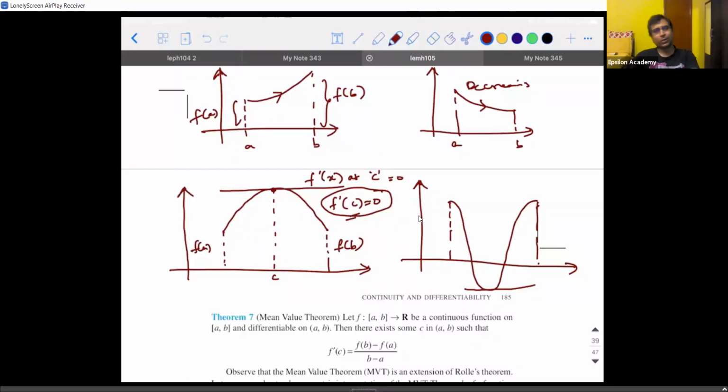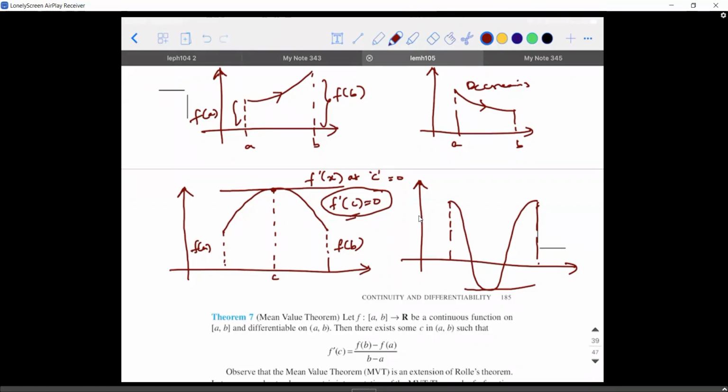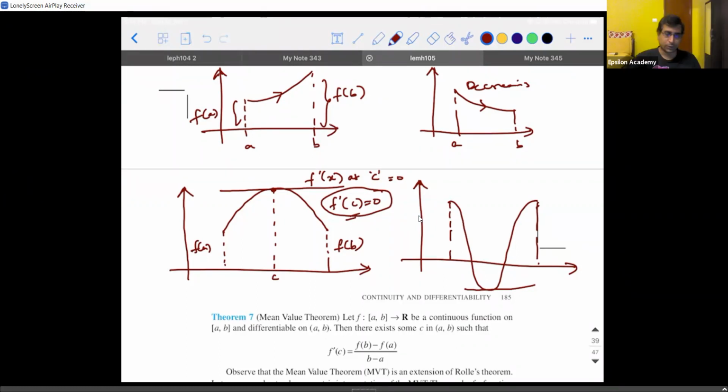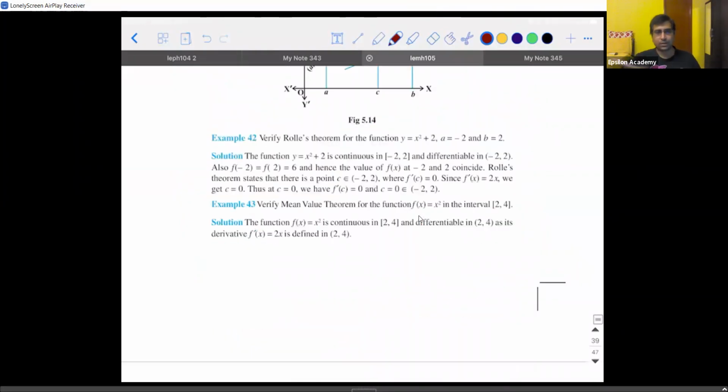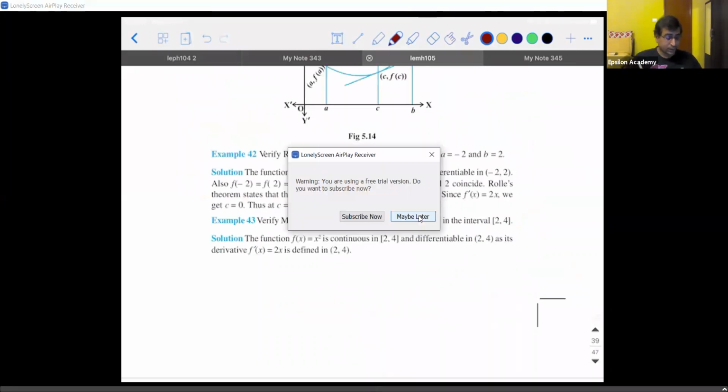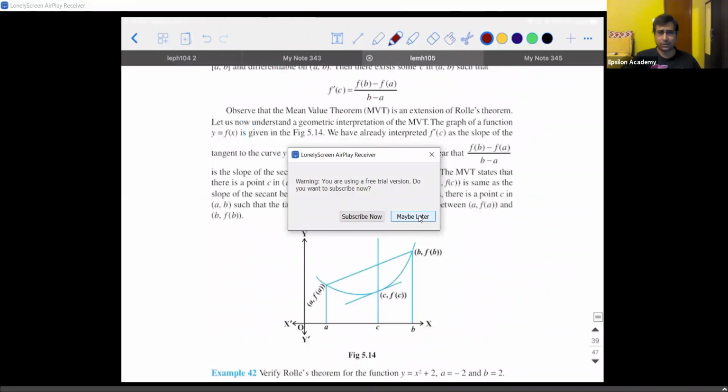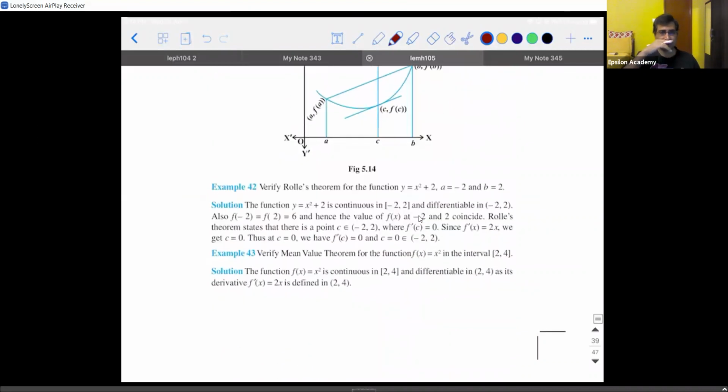Anyways, even if you get a graph, it is going to be a simple graph which you can manage. Don't worry. They're not going to give you a complicated sine of cos theta and all that. Simple graphs. But generally, we don't solve it using graphs. We solve it using the theorem. So this is theorem number 6, which is Rolle's theorem. There is another theorem called the mean value theorem, which I'll come to later. First, let's understand Rolle's theorem.